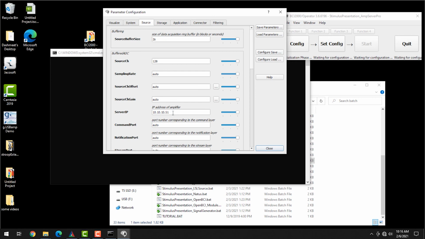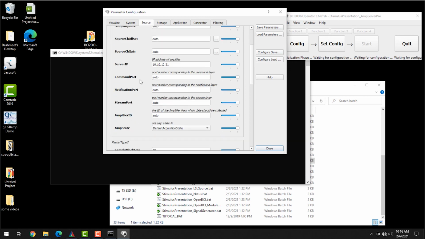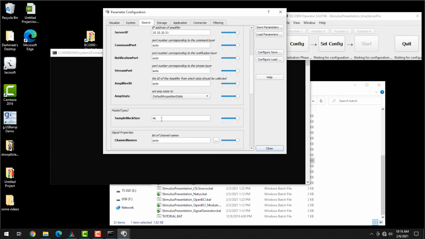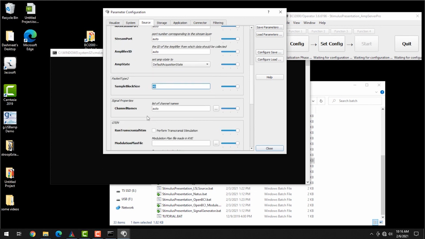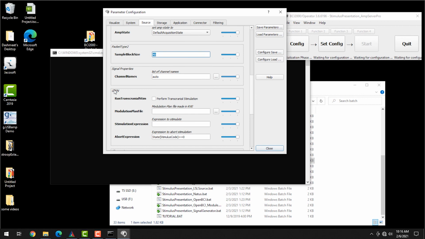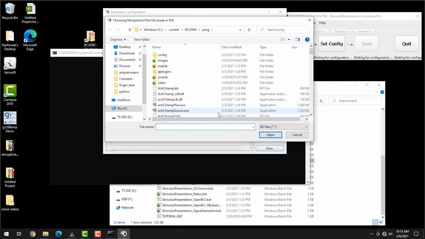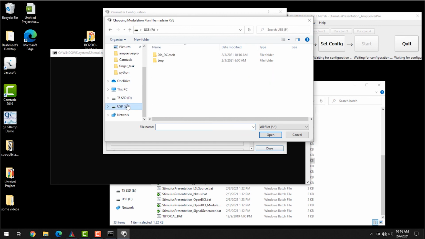And here you can see I have my server IP populated, the number of channels I'm using. I'm also using a sample block size of 40. And here's where we configure the transcranial stimulation. So you have an option to enable it. And then you have the modulation plan file where you upload the file that we have written to the USB thumb drive. So to do that, we hit the browse button, find the USB drive, and now this .mcb